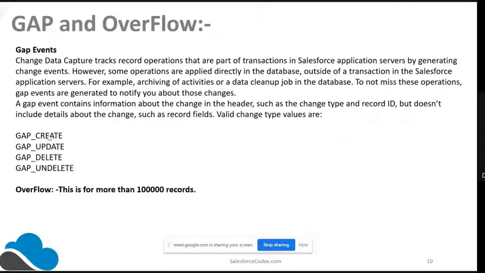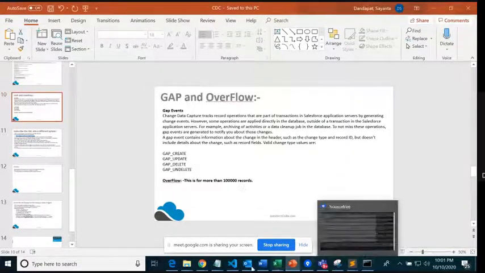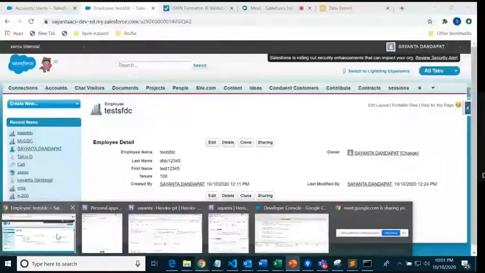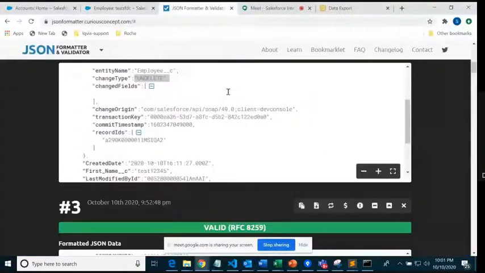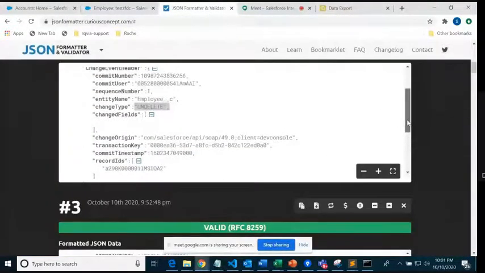And when that overflow happens, you can see inside your JSON format that the event fires, instead of undelete, as __undelete__overflow. Okay, so if the overflow happens, you can capture it, but you have to take special precaution, because the change type would be changed. The change type would not be a simple create, delete, undelete, or update. It would be __overflow. Similarly, if